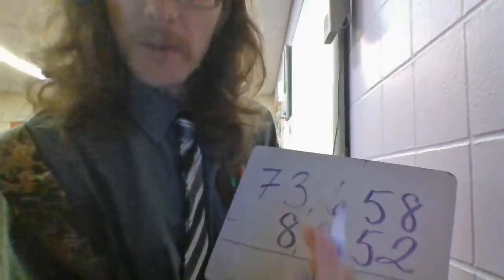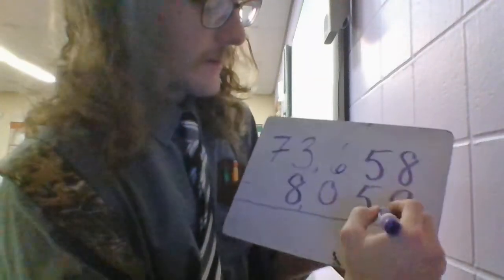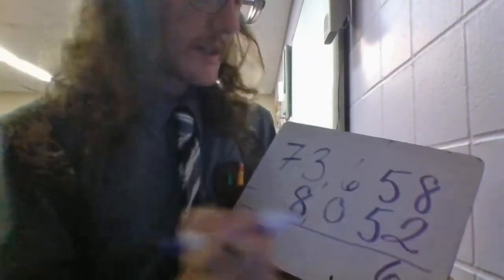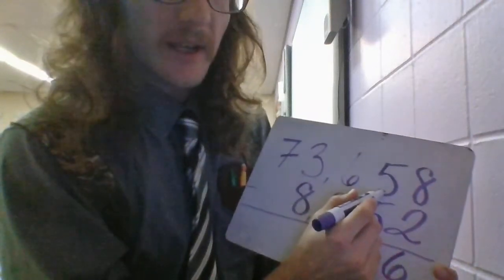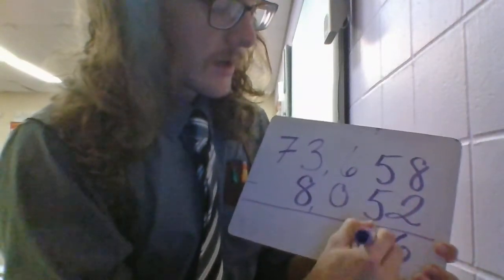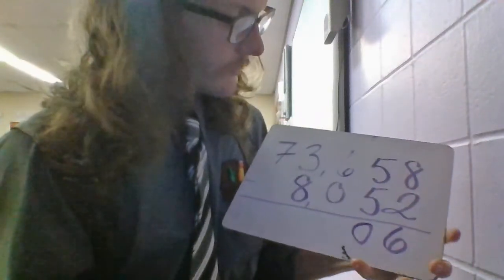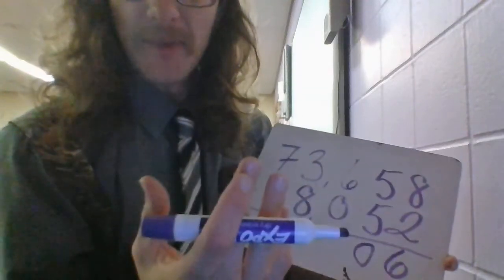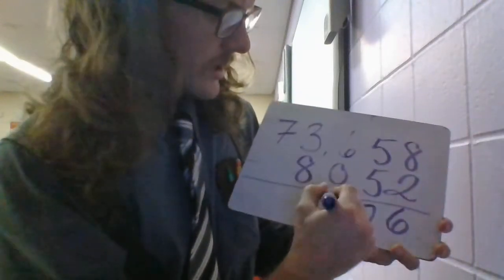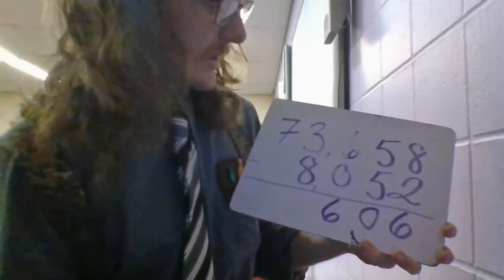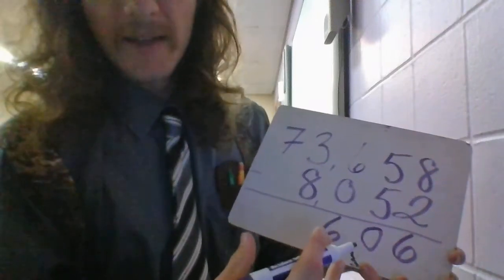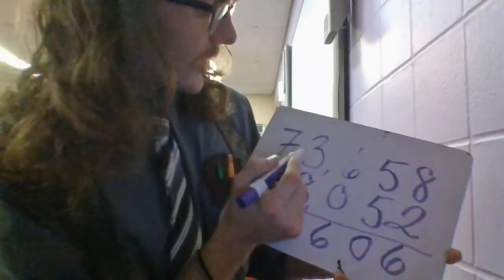8 minus 2. Can we do it? Yes. 8 minus 2 is 6. 5 minus 5. Can we do it? Yes. If you have 5 of something and you give 5 away, you have 0 left. 6 minus 0. Can we do that? Yes. If you have 6 of something and you don't give any away, you still have 6. 3 minus 8. Can you do that? No. So we need to take